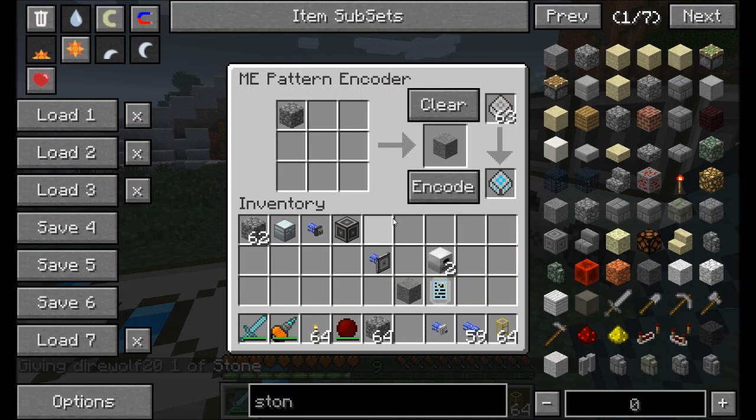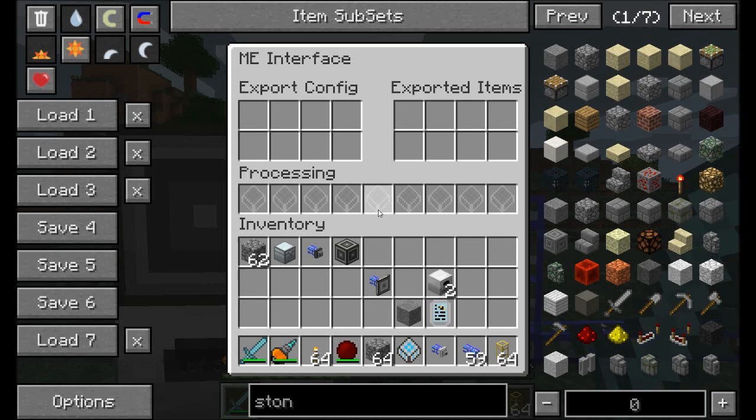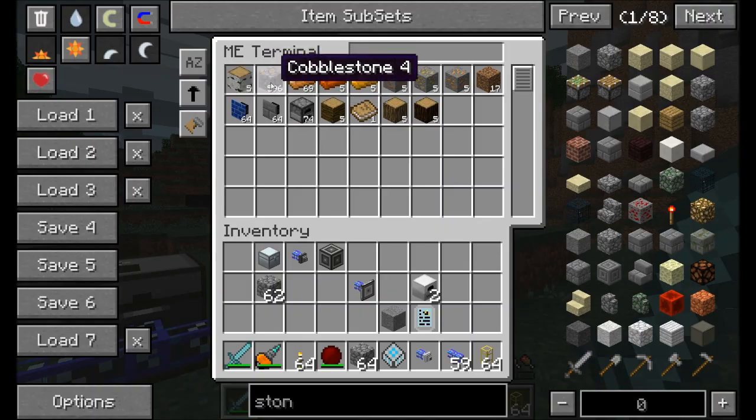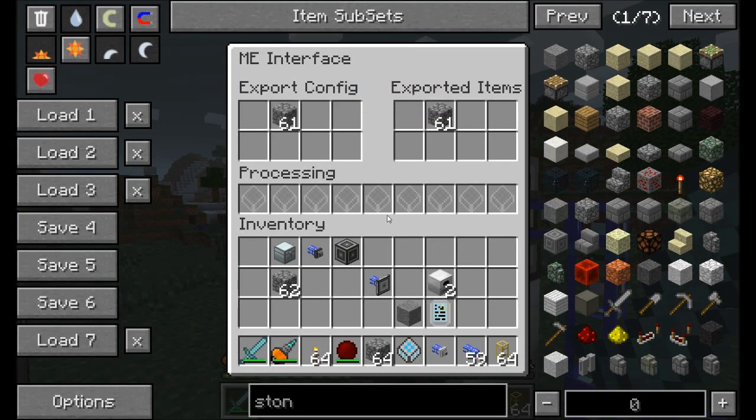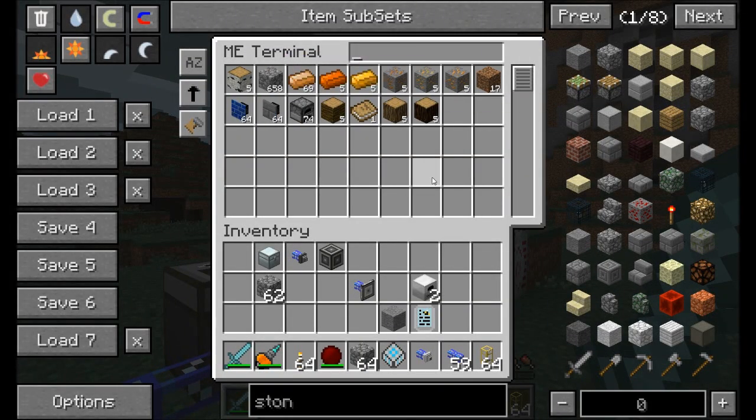So I want to demonstrate to you guys something new with interfaces. Remember, the interface is the block that basically has a lot of different functions. First off, you can go ahead and set it up to export items into an adjacent inventory, or if it's not set to allow those items to exist, they'll go ahead and sit in the interface here, and if you put items in, they'll automatically land in the network. So you can see here I just said, hey, keep 62 cobblestone in here. It's keeping 62 cobblestone in the interface. It pulled it out of the AE system. And if we remove that, it's going to remove those items. Okay, so we can go ahead and get rid of that, and all the cobblestone goes back into the AE